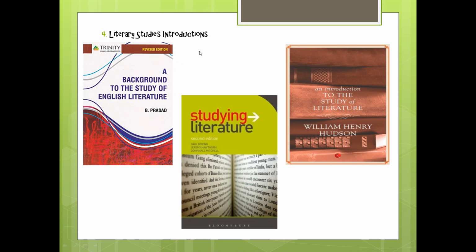After one is done with B. Prasad, that person should next read William Henry Hudson's book, An Introduction to the Study of Literature. This book does the same work as Prasad's book, but also introduces and defines some more complicated terms and devices used in literature, for example, free verse, to name one. These few devices are quite necessary in understanding the complicated contours of literature and the complicated contours of the world